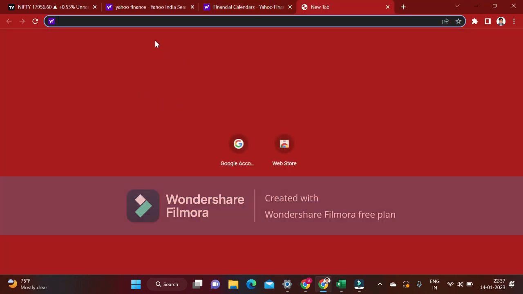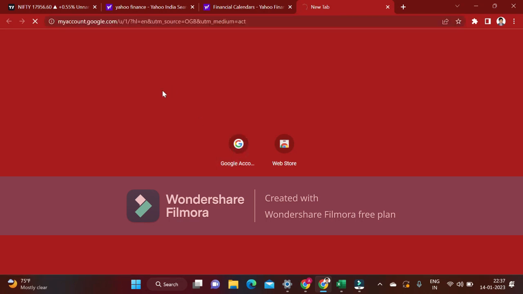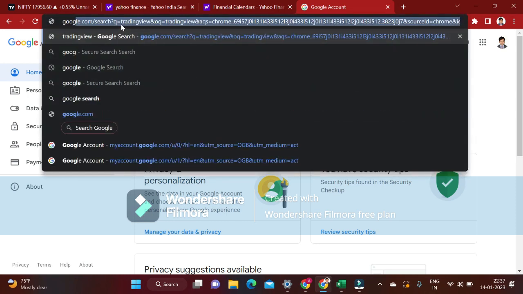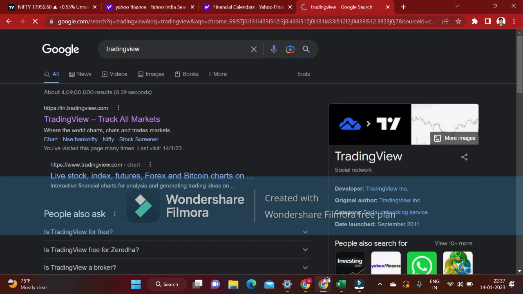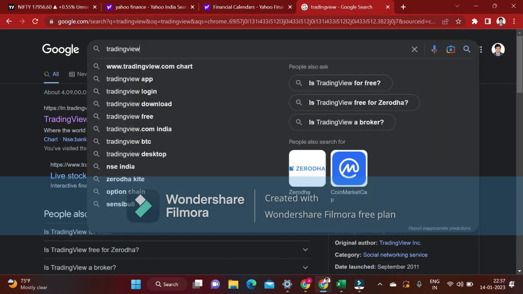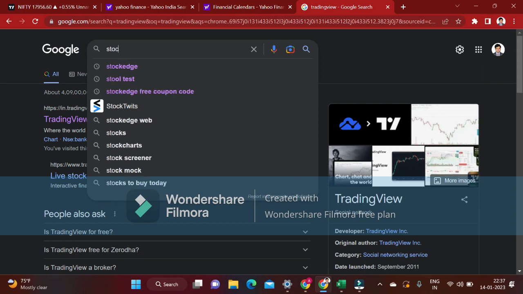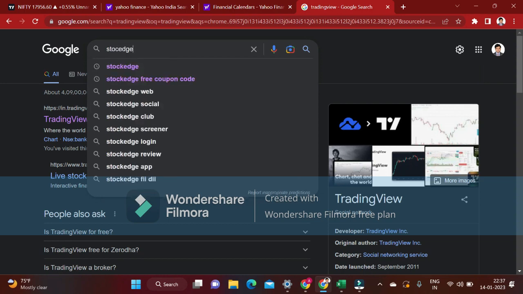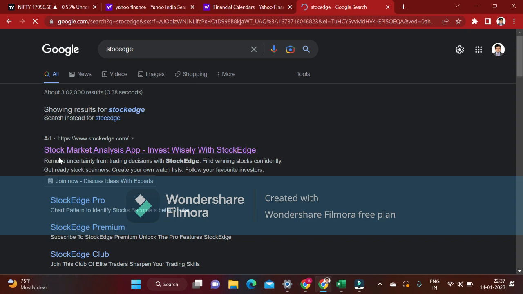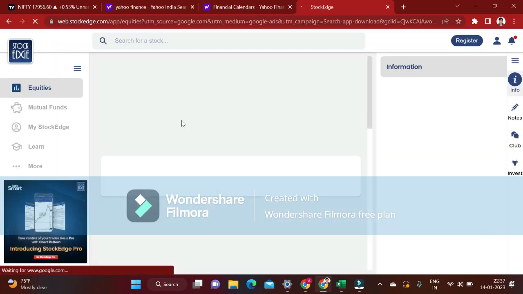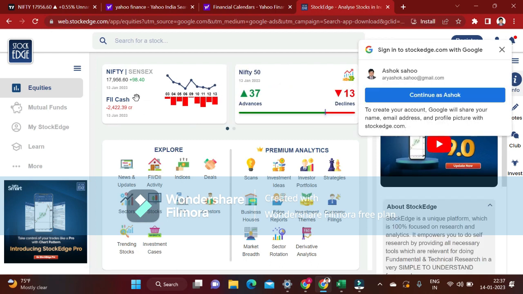So simply you go here. On Stockedge also you will be able to see this FII cash. So here you are able to see